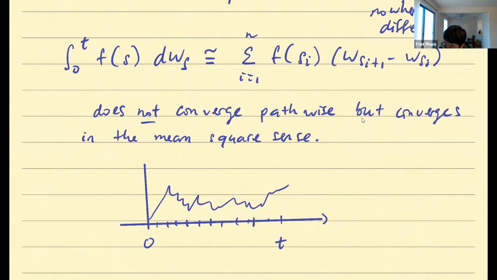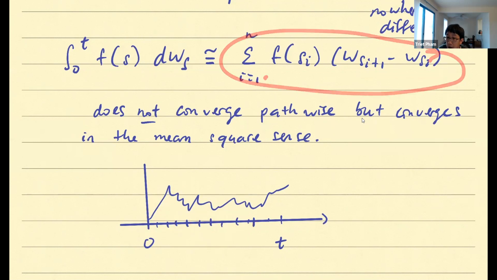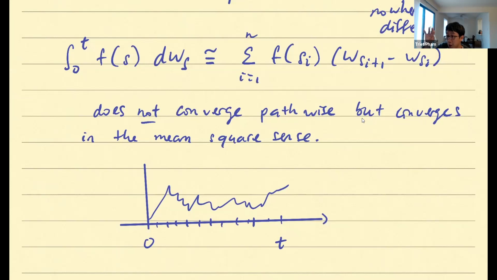On the other hand, if you say, okay, I do not care that for each path it converges, but I want to say that on average, because remember, this is a random object. So for one path it doesn't work, but for another path, because I just do a million paths, on average, if you compare the partial sums like this, on average, it converges to an object. It converges to a random object. That object is referred to as the Ito integral, namely this,